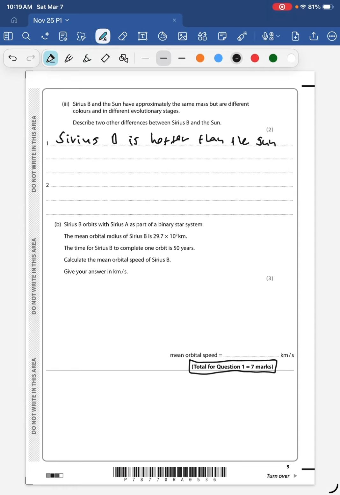It's also denser and smaller. So Sirius B is smaller, thus denser than the Sun. They ask for two differences, and we provided two, but just to complete this, you can also say Sirius B